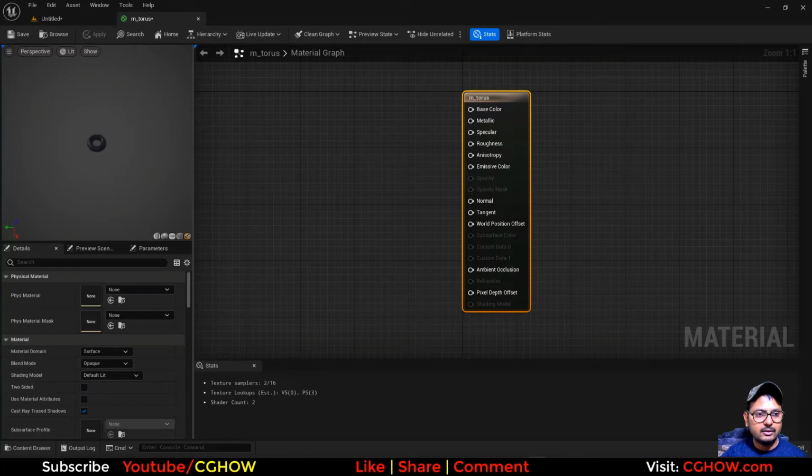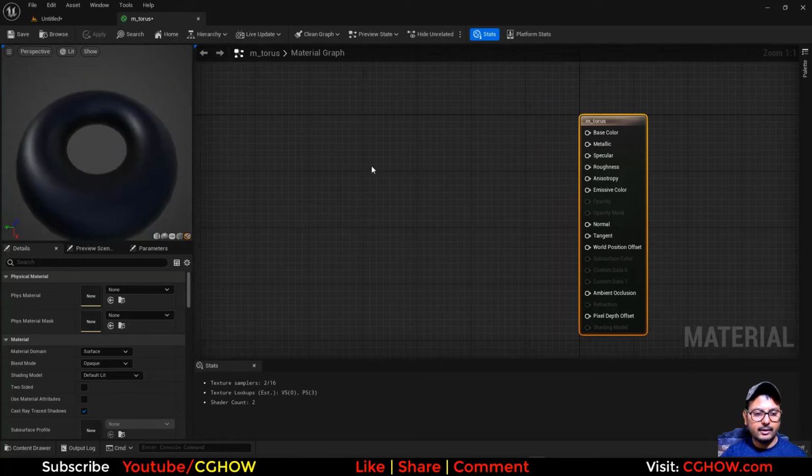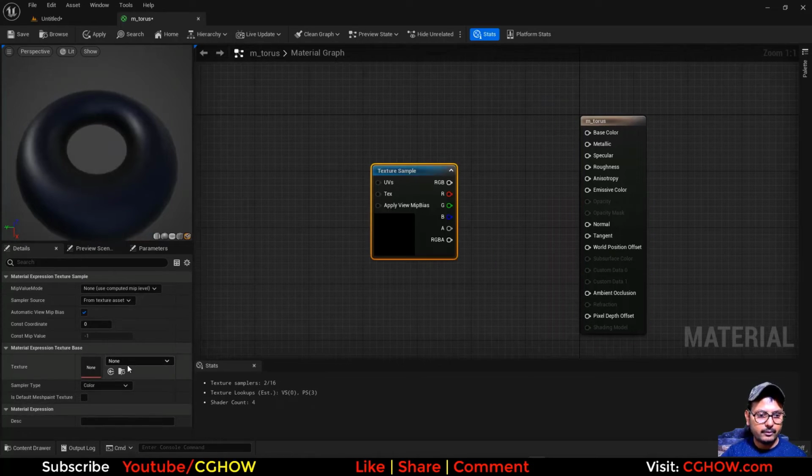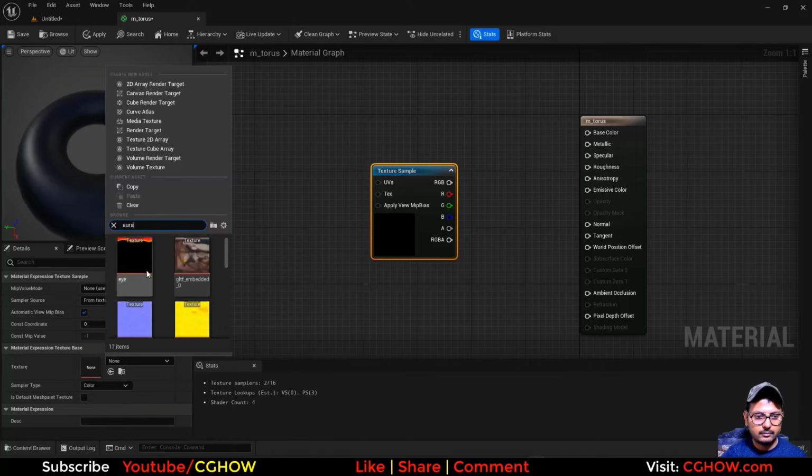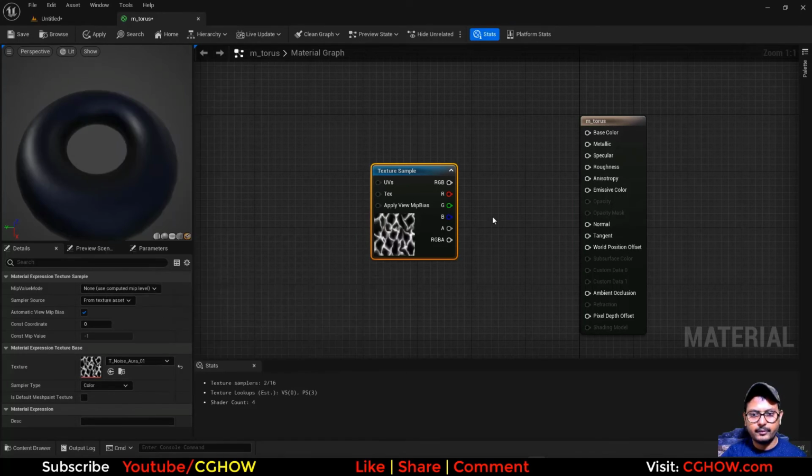So we have this torus here, and I'll take a texture T aura and just